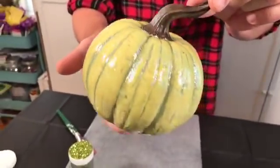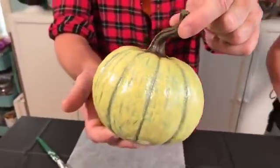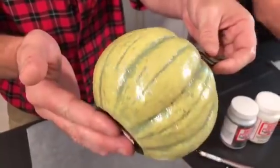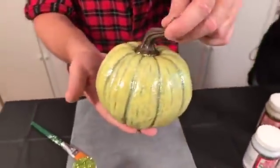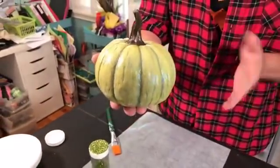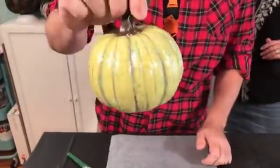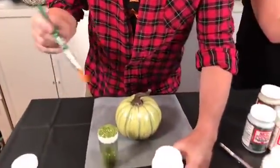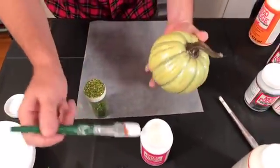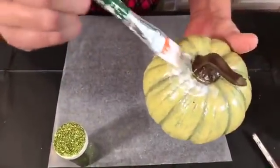You can see this is 2 coats of the sparkle right now. But I'm going to show how to add just another one and just do another little technique on top. It's just a really cool look. This was actually a really dull, greenish pumpkin. A $2 pumpkin, really kind of dull, and we just added this and it just kind of came to life. So all we're going to do is take some of this Mod Podge, the sparkle, and again, just like Cathie showed you, I'm just going to go around the rim here because I'm going to be adding